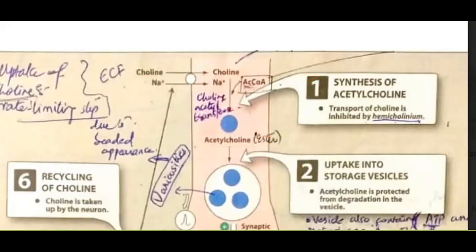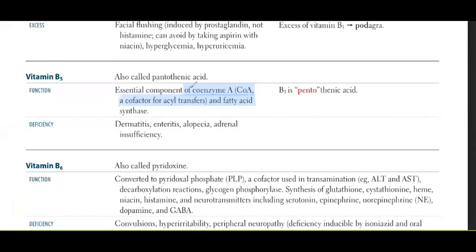Now, the essential component of coenzyme A is vitamin B5, and if it is an essential component of coenzyme A, it must be helping at the CoA level, that is, you can see in the TCA cycle, when acetyl CoA